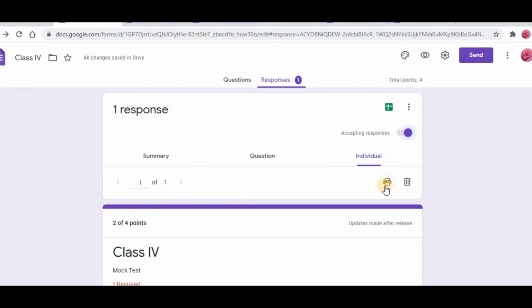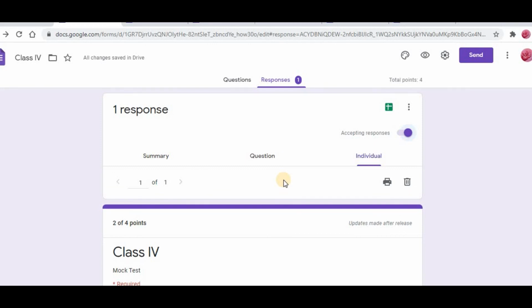If you want to show the responses to the student, like here you did wrong, or you just want to analyze where the mistakes have been done by the student, or you want to explain, okay, in this particular part you are weak, or you can test yourself, you can do it even in this way also. Like this you can create, and like this you can conduct tests for the students.